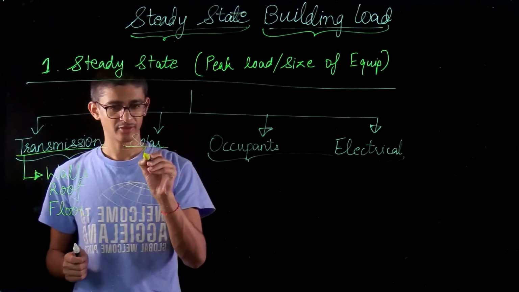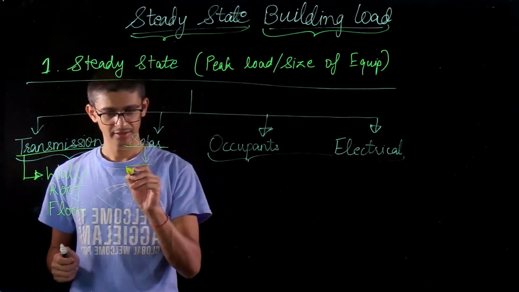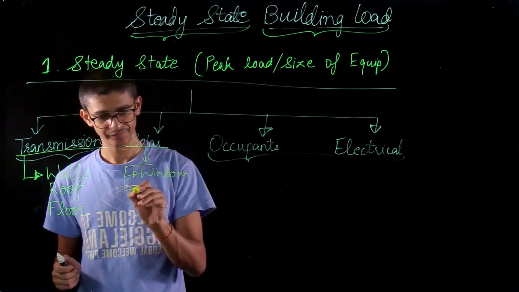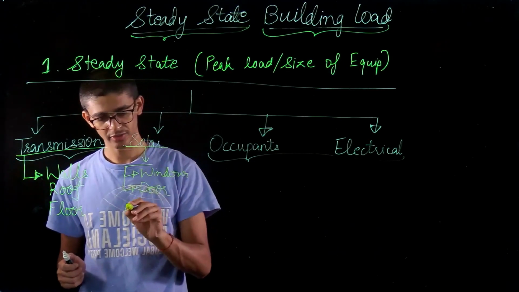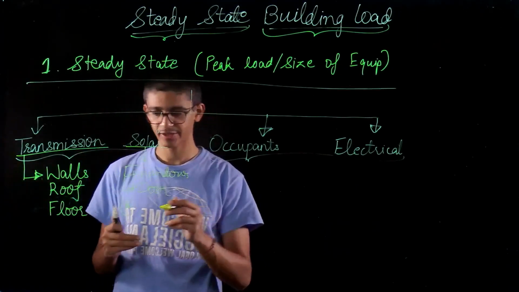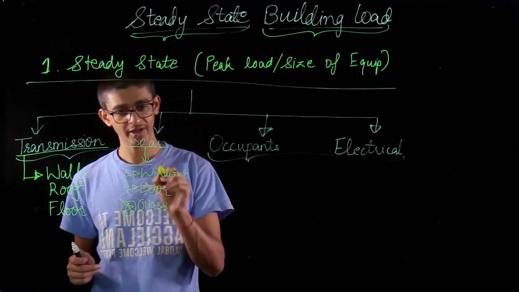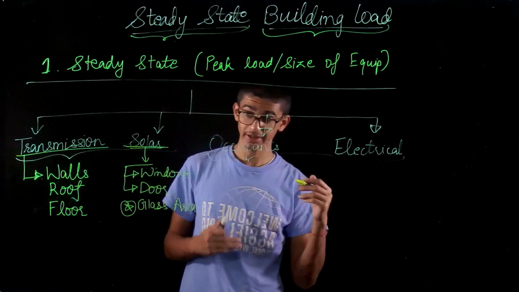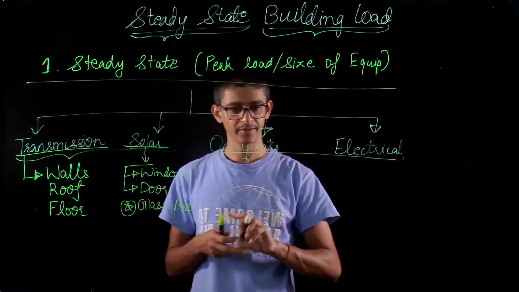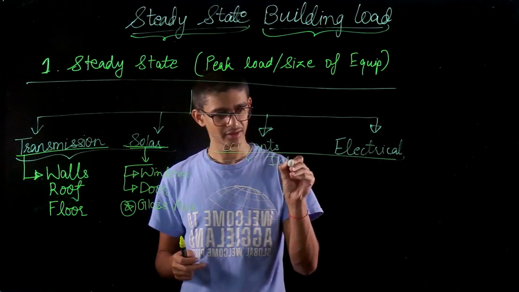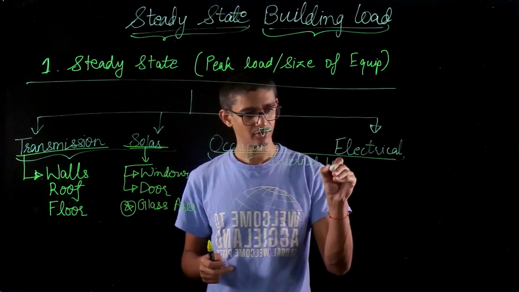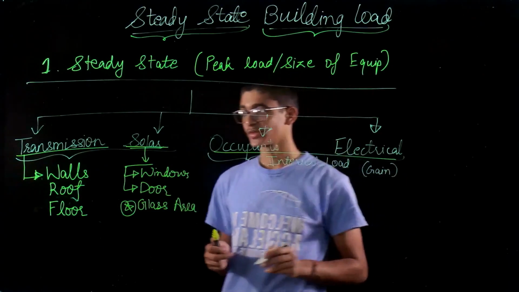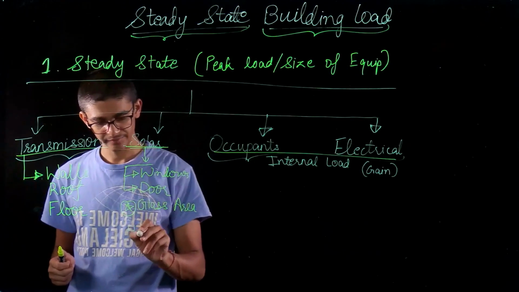The solar load, which I have mentioned over here, will take into account the windows and the doors. Basically, the focus is to estimate the amount of heat transfer happening through the glass area. That's the thing included in the solar load, glass area. And how these are estimated will be covered in detail later on. These two as a combination are our internal gains, internal load, and definitely this will always lead to internal gain, heat added in the building. The solar will always give us heat gain,